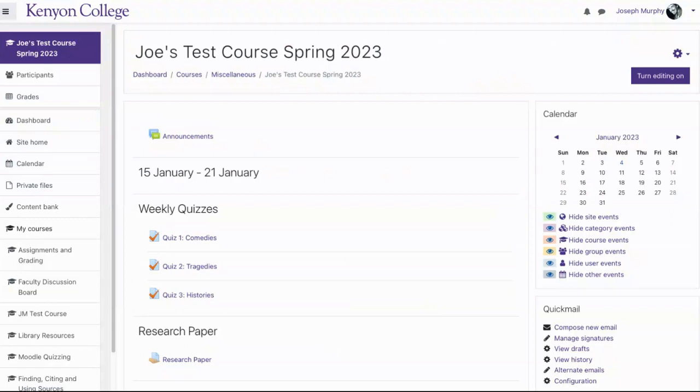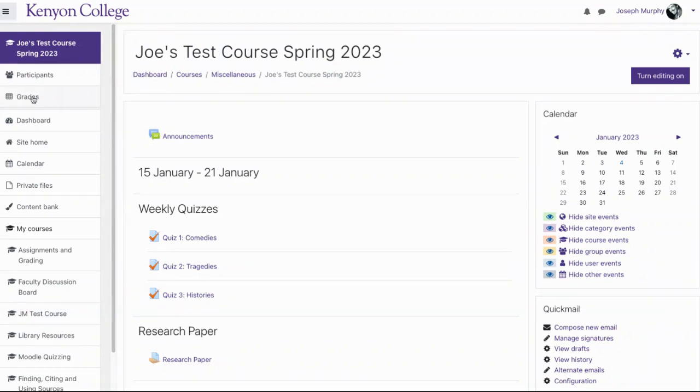When we're setting up a Moodle gradebook, we usually encourage people to do as much setup of Moodle activities as possible first. Because if you're doing things like holding weekly quizzes and using the quiz module or using the assignment module, like for this research paper, all of those Moodle activities will automatically create their own columns in the gradebook, and that can simplify the setup process. So we'd encourage you to start that way, although actually you don't have to, and we'll show you how to get around that if you want.